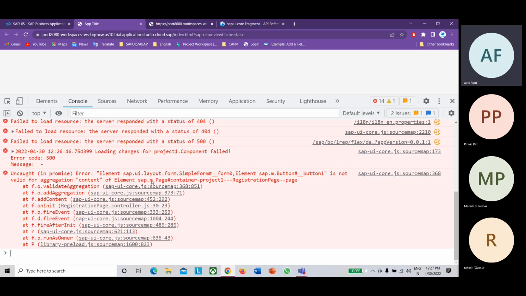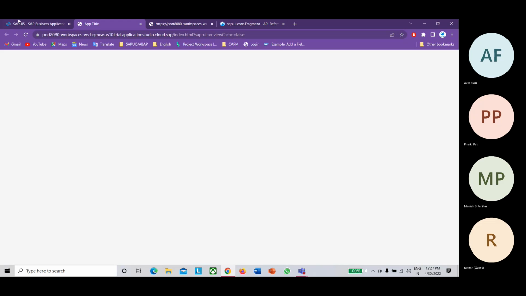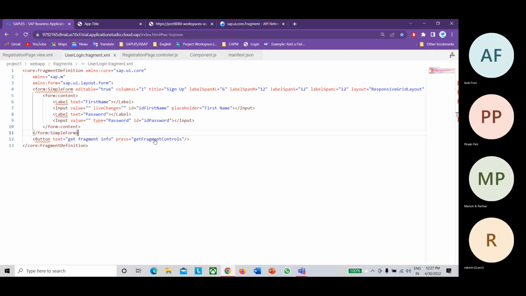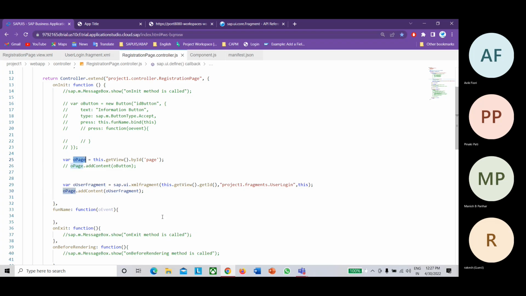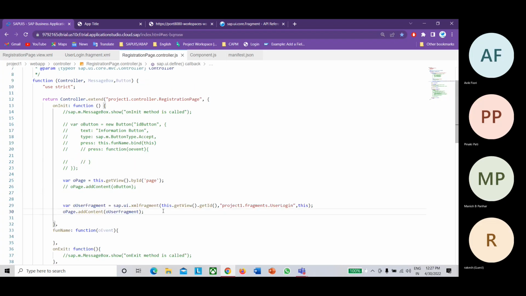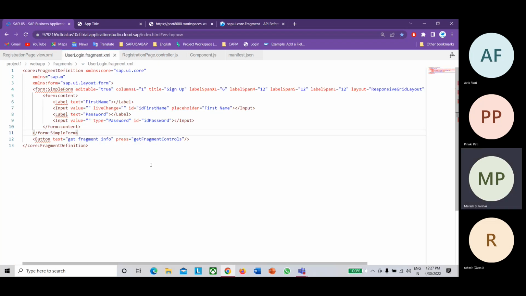It says element sap.ui.layout.form.SimpleForm element Button1 is not valid for aggregation content. ID is missing?